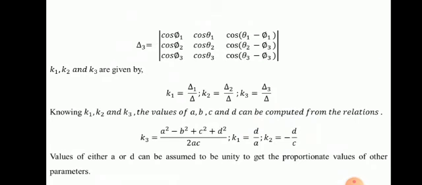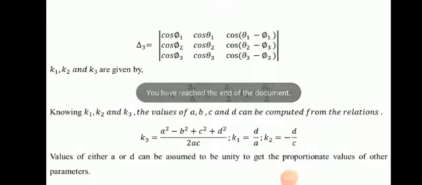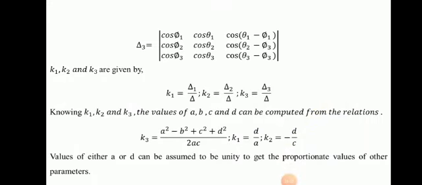Knowing K1, K2, K3, the values of A, B, C, D can be computed from the relations: K3 is equal to A square minus B square plus C square plus D square by 2AC, K1 is D by A, and K2 is minus D by C. The value of either A or D can be assumed to be unity to get the proportionate values of the other parameters. Okay, these are the function generation equations for a 4-bar mechanism. One more topic is in this